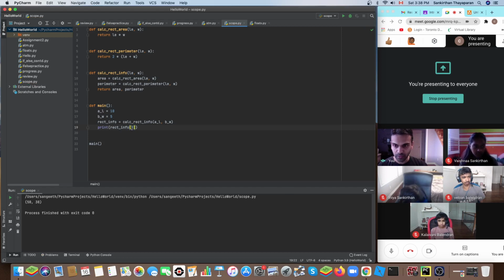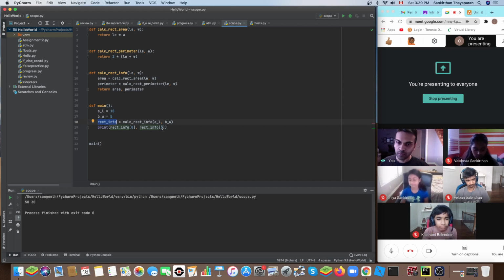I have two square brackets, and I put a number, an integer, that is 0-based. So 0 is actually the first one, and 1 is actually the second one. So if I print it now,